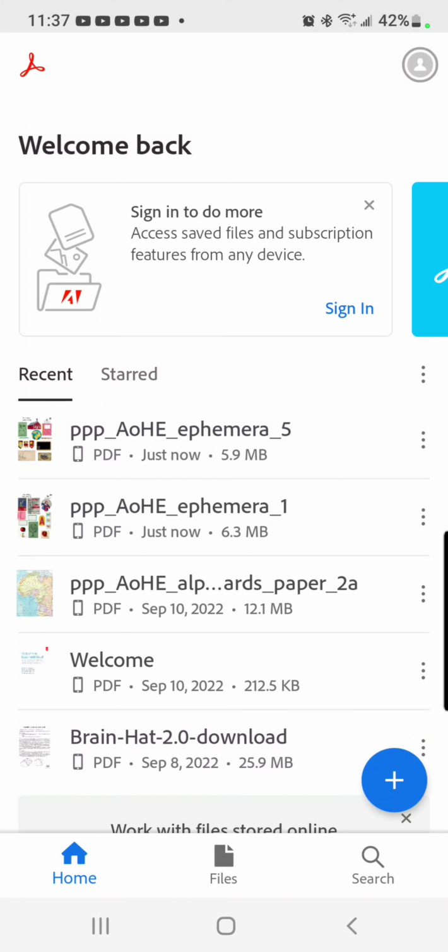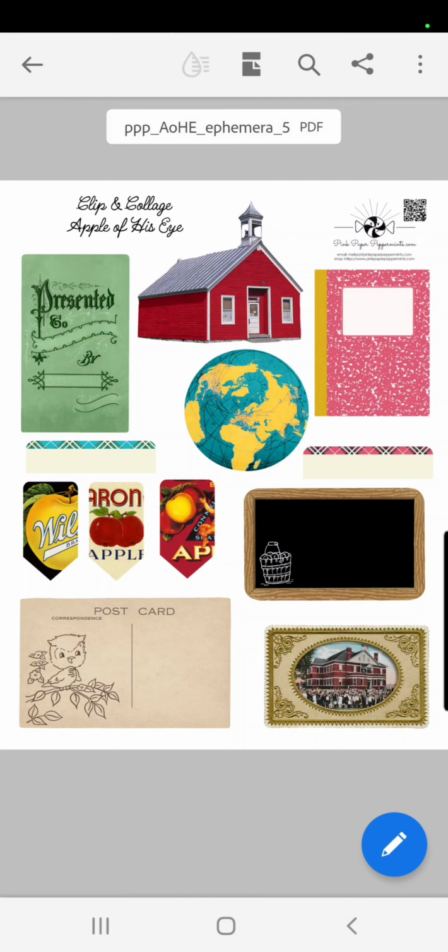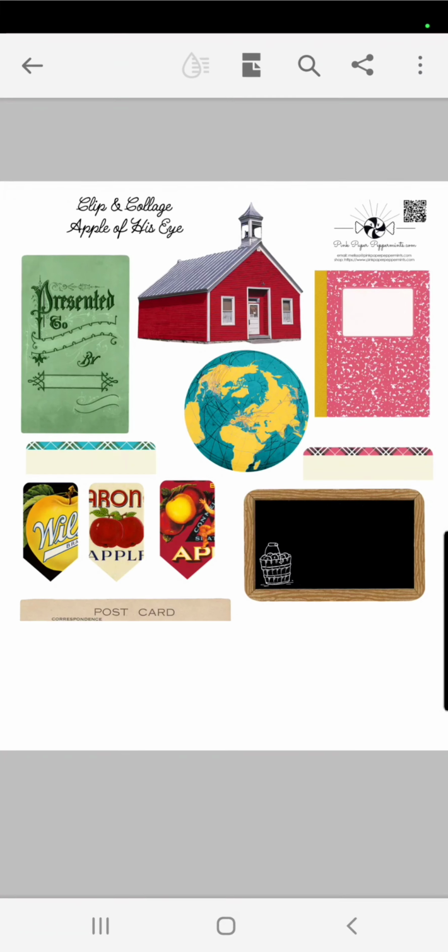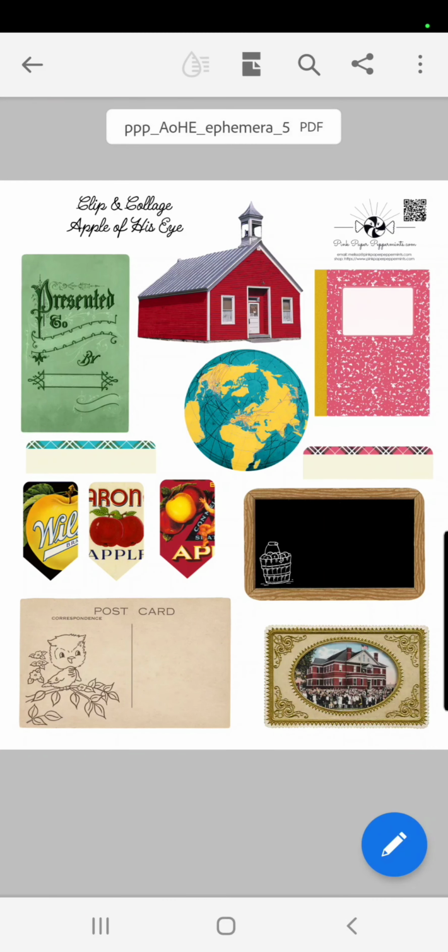Okay, so I thought I would show you how to make the digitals that I like to make on Canva. So what I do is I go into Adobe, that's where I do the PDFs, and I open my PDF, and what you want to do is take a screenshot. Whoops, that was not supposed to happen. Okay, now we take a screenshot,